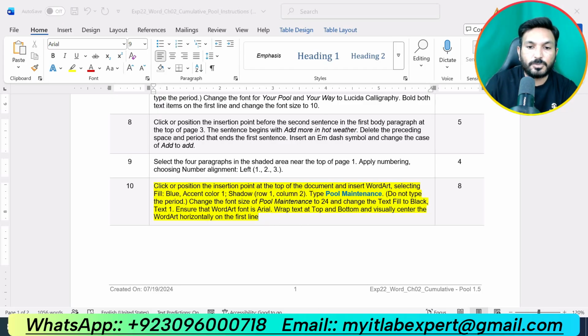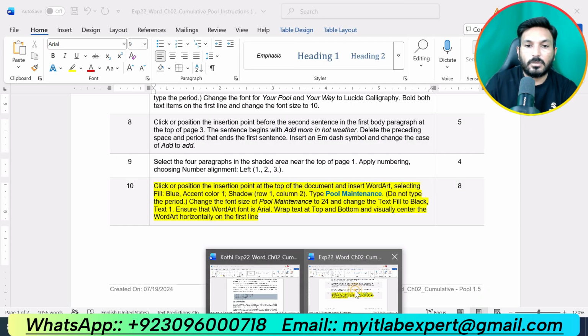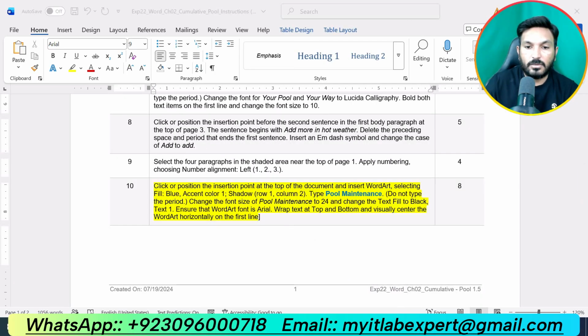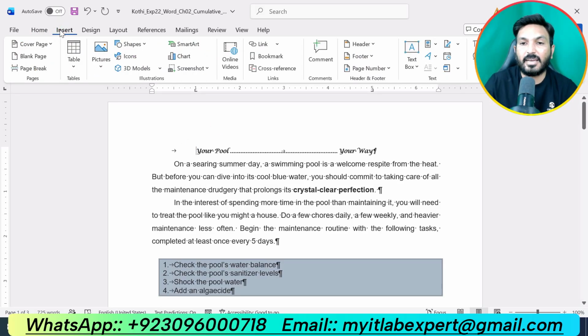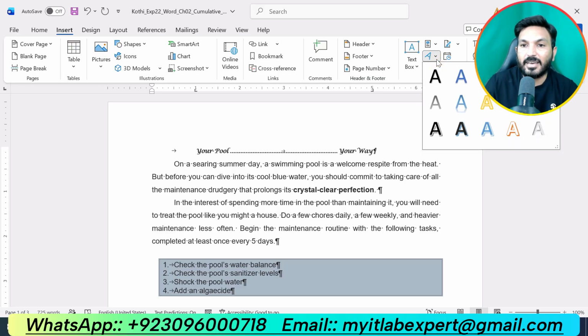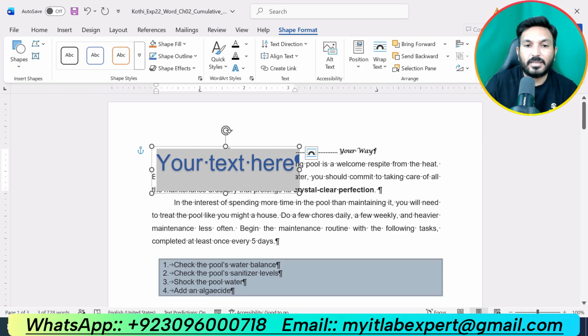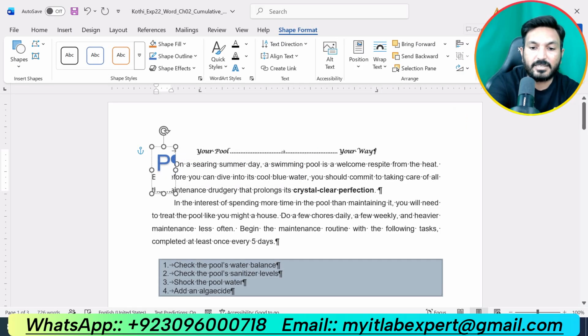Okay, so now we are supposed to go to the top of the document and click the Insert tab, go to WordArt here, and we are supposed to use this second option, that is Fill: Blue, Accent color 1, Shadow. Then we are supposed to type Pool Maintenance.